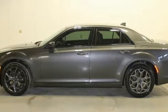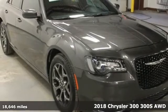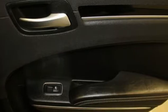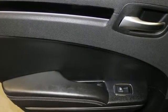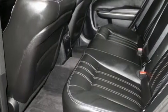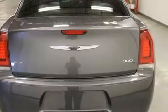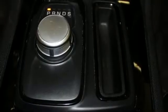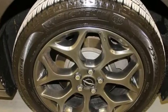Here's a 2018 Chrysler 300. This 300 is a full-size sedan as bold as your personality, with elegance, technology, and safety that goes above and beyond. Features include Bluetooth wireless audio streaming, Apple CarPlay, Android Auto, front heated leather sport seats, auto-dimming rearview mirror, SiriusXM Guardian, remote engine start, smart device, dual zone climate control, Pentastar engine, aluminum wheels, 4-wheel drive, and